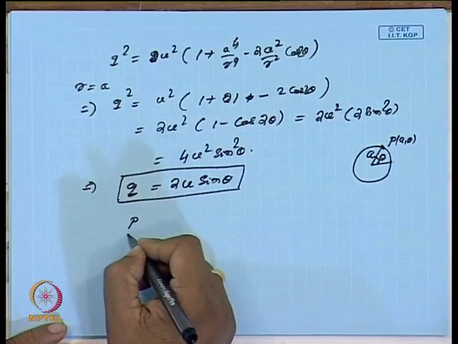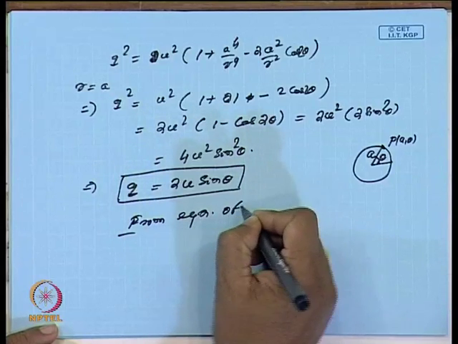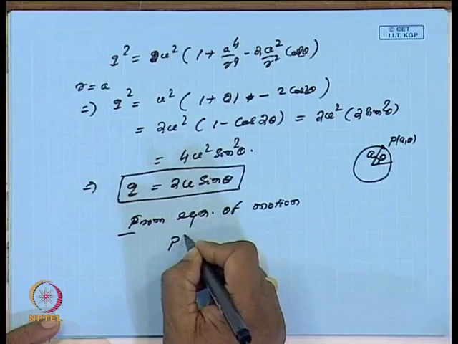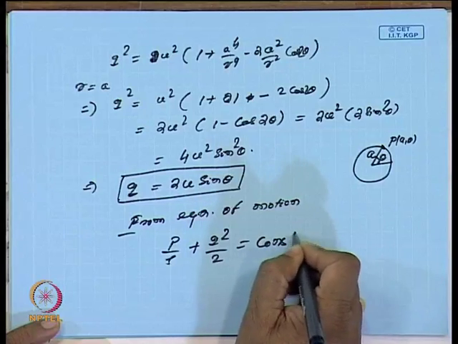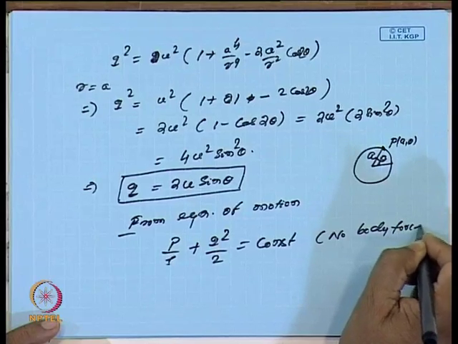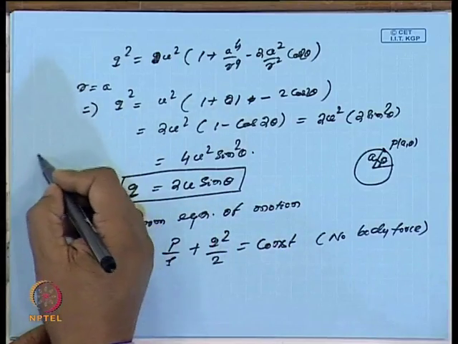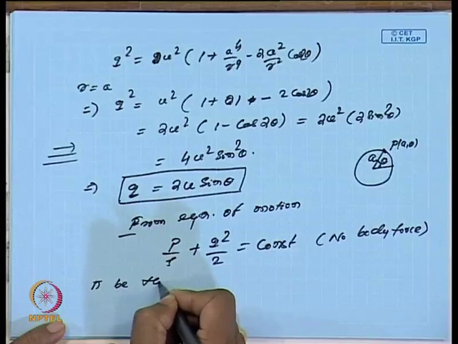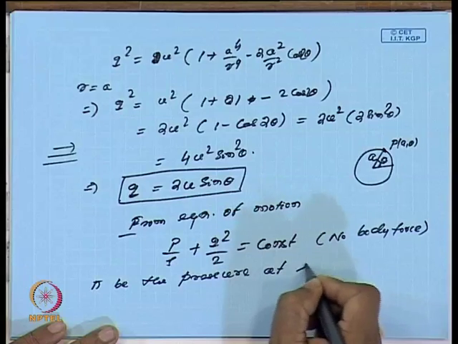assuming body forces are neglected, from Bernoulli, from the equation of motion, we have p by rho plus q square by 2 is equal to constant. There is no body force. If body force is neglected, then this will be. Now, if I say that there is a uniform flow which is flowing to infinity, if I say p infinity be the pressure at large distance in the horizontal direction,